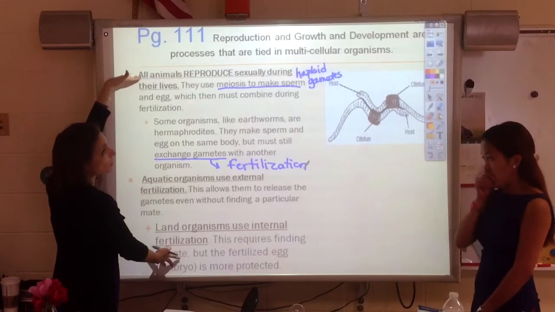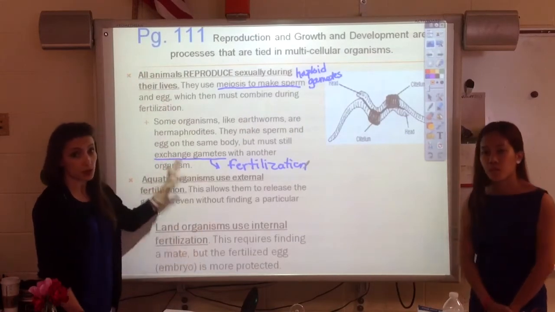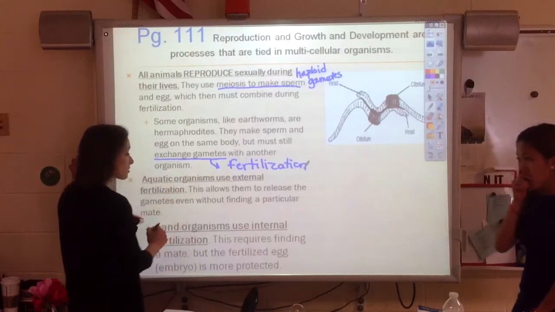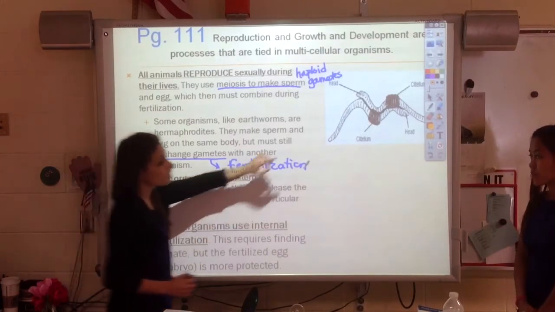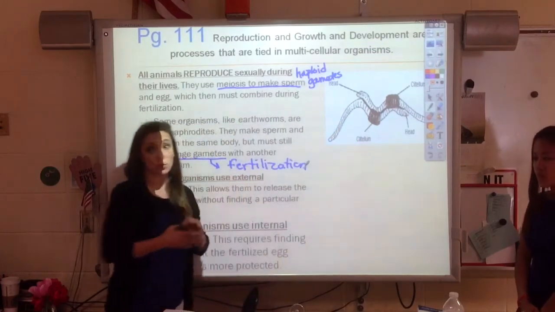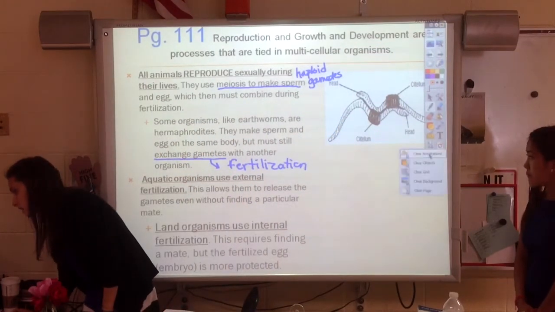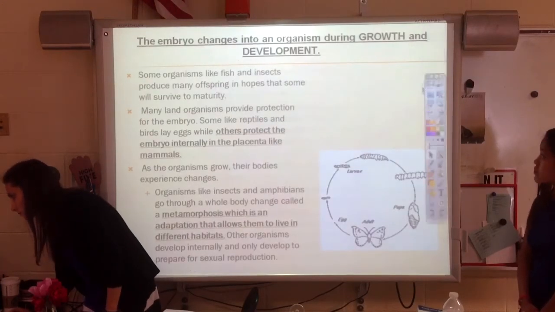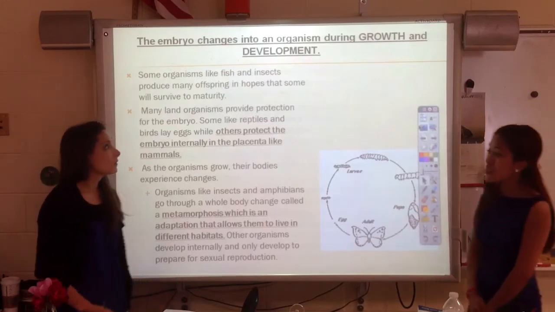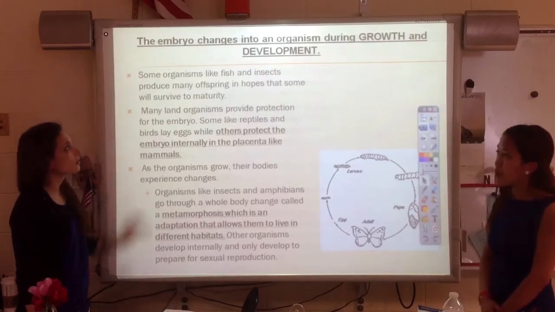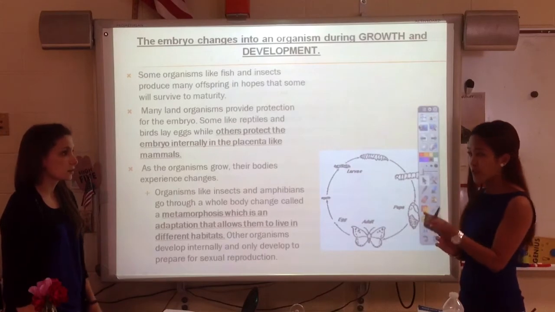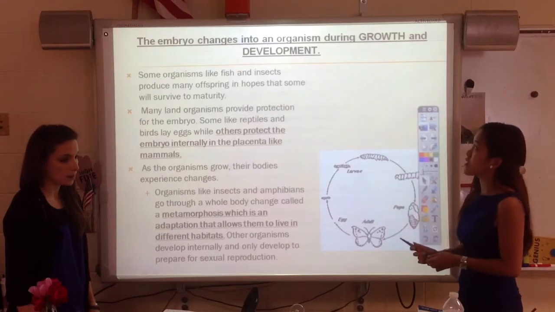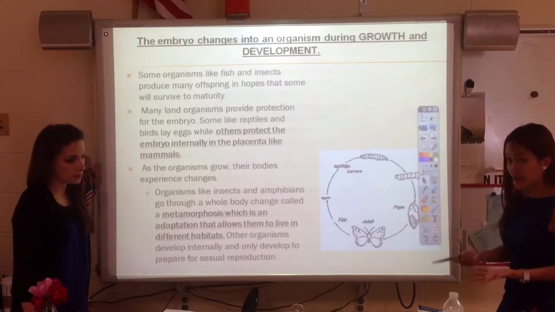So keep in mind, this part has to do with sexual reproduction, but when you get fertilization, you just get a single diploid cell. So exchanging the gametes only gives you one cell, and that's not a new animal. So in some organisms, after our sperm has fertilized our eggs, we have our embryo, and that's going to change into an organism during the growth and development process.